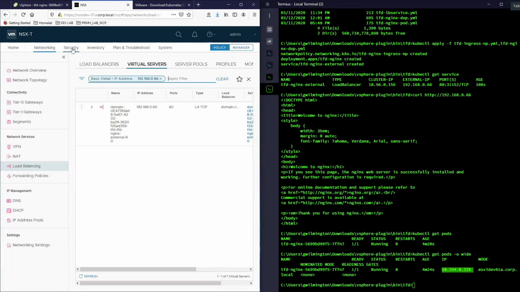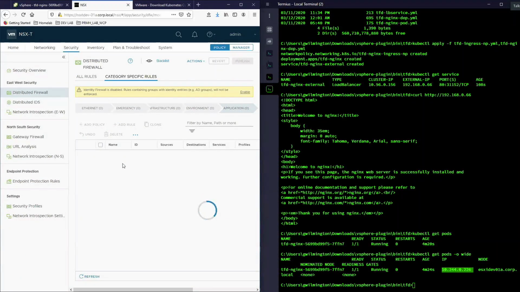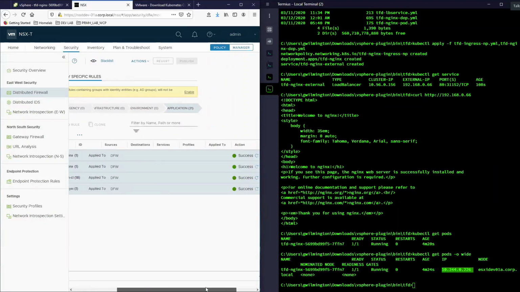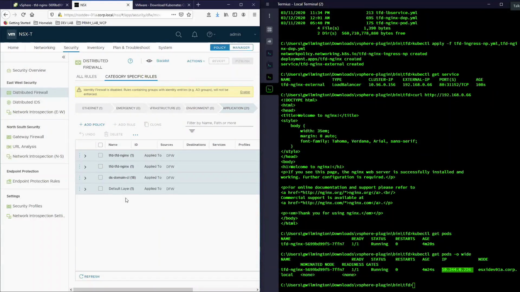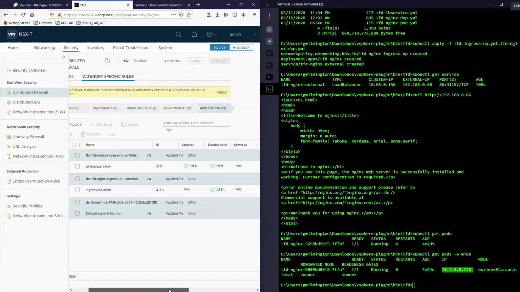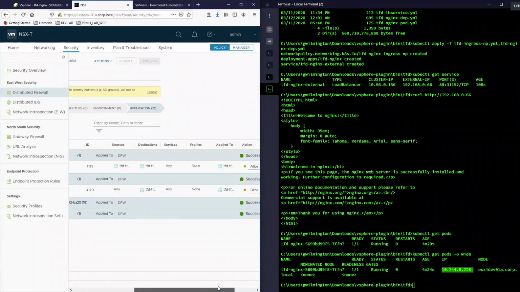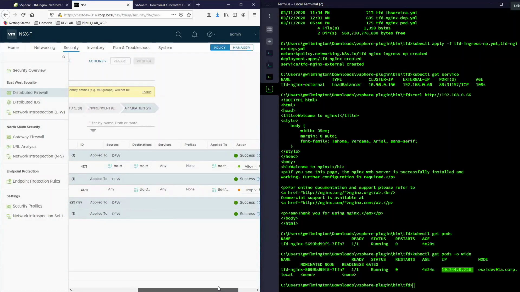But let's take it even a step further here, and let's go over to security. Remember, I created an ingress rule policy, right? I created a policy that specifically stated that I only want this container to talk to specific types of services. When we created that network policy, we got 2 distributed firewall rules here, one for isolation and one for whitelisting. And the ingress policy was translated by NSX into a distributed firewall policy and applied to the actual pod itself,